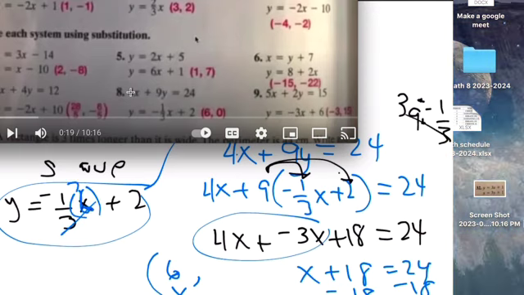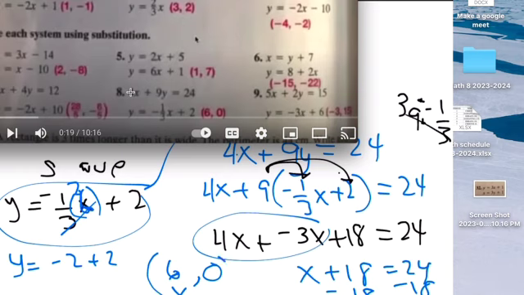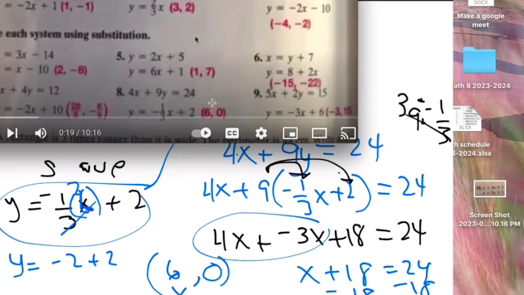Cross cancel, that's a 2. 2 times negative 1, y is negative 2 plus 2, so y is 0. Okay, that's how they got the answer 6, 0 there. That's 8. And then number 10,